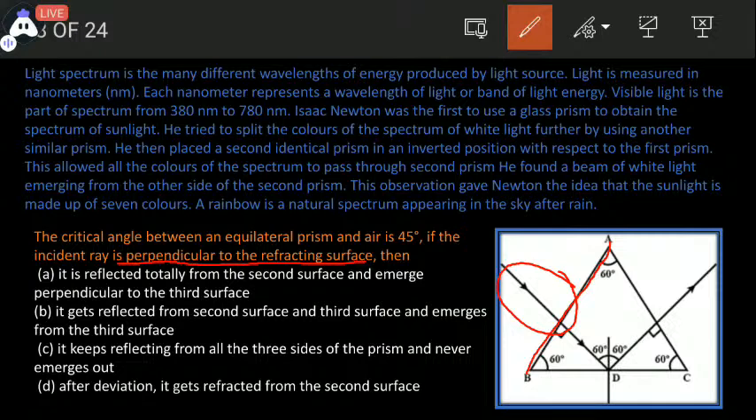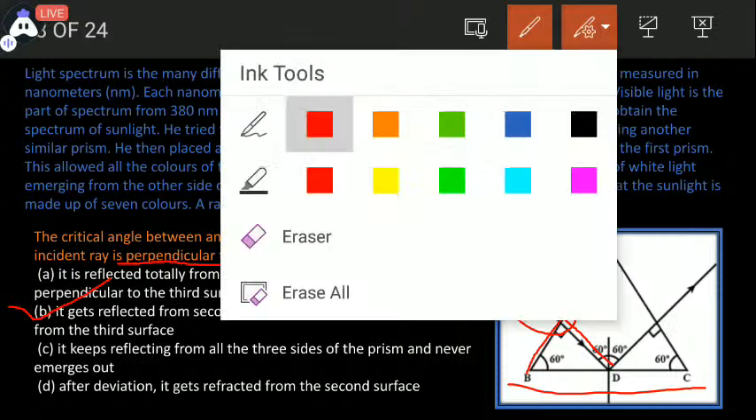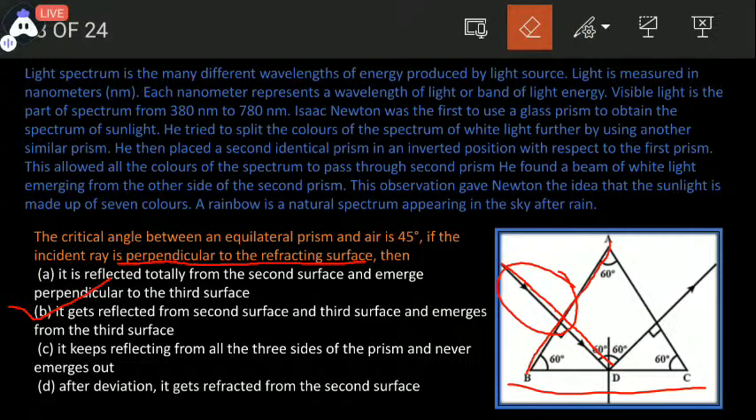See what they're saying. The correct option in this case would be B. Why would it be B? Because this is the incident ray which is entering, and this is the second surface, BC. Now it is getting reflected from the second surface, because if you check this process, if you're talking about this ray of light,